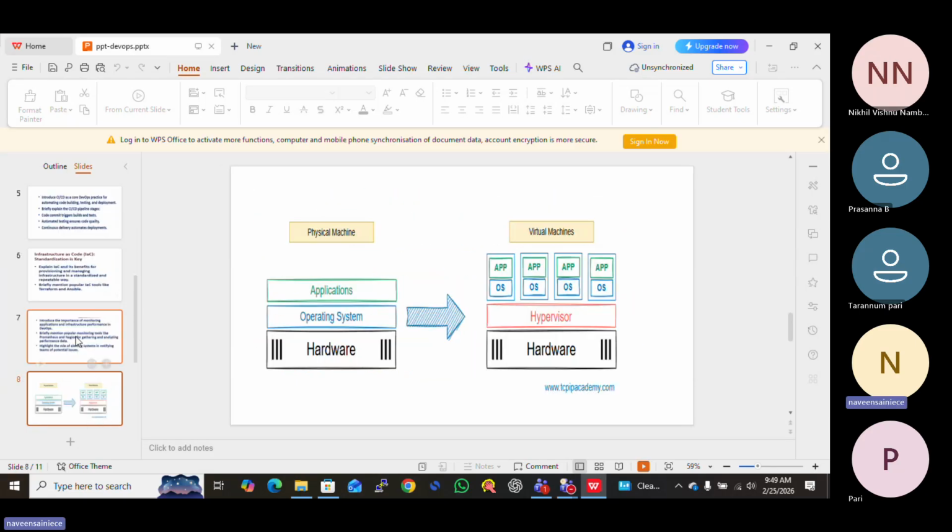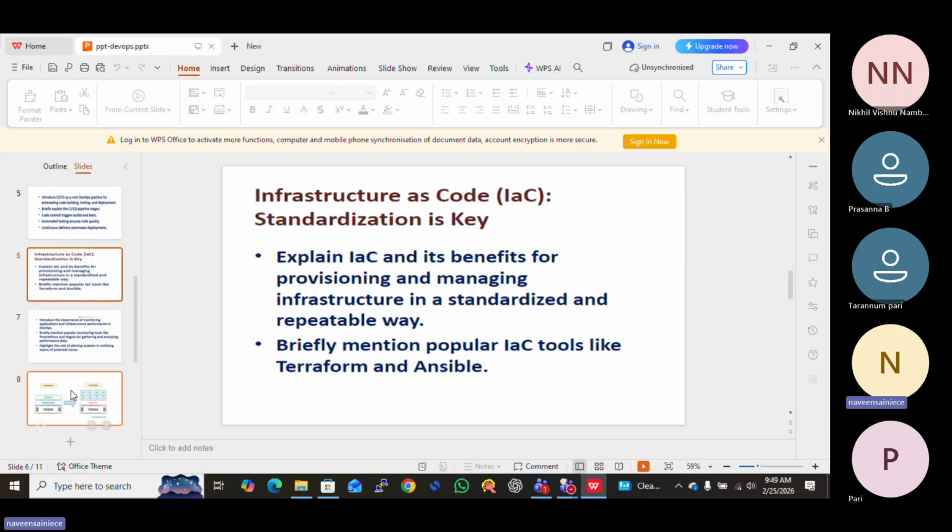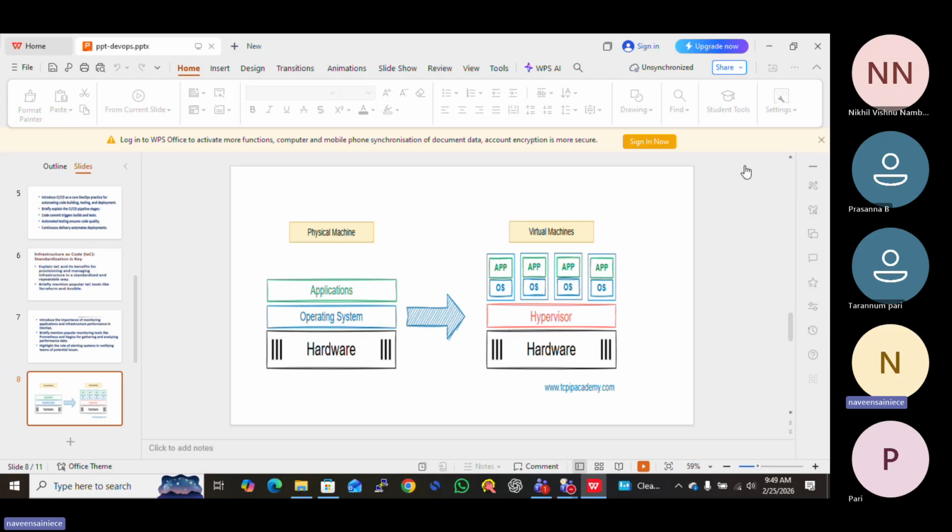Our first class starts from here: virtual machines. What is a VM? And what are physical machines? Here we will see.